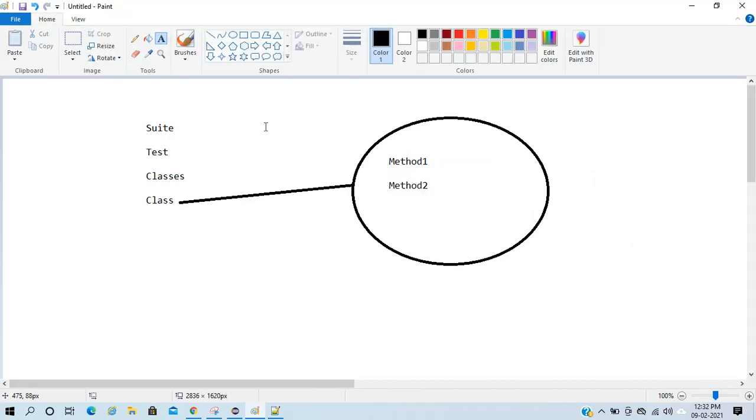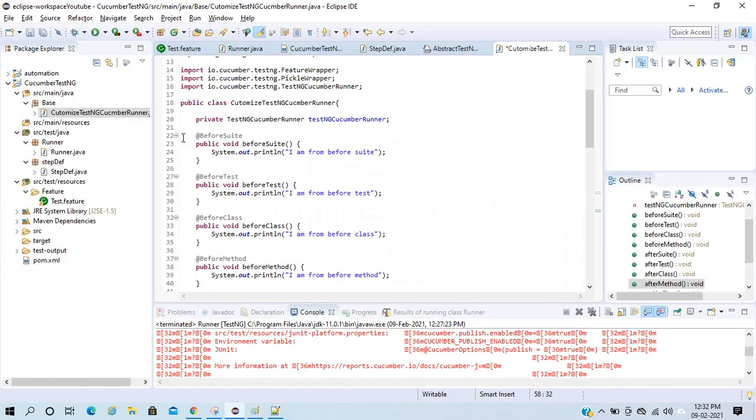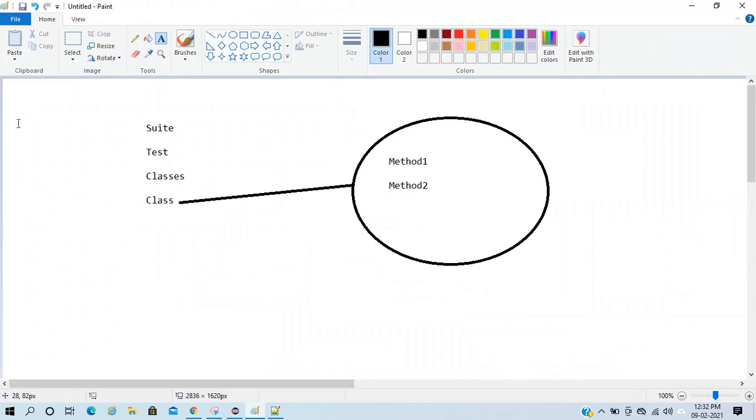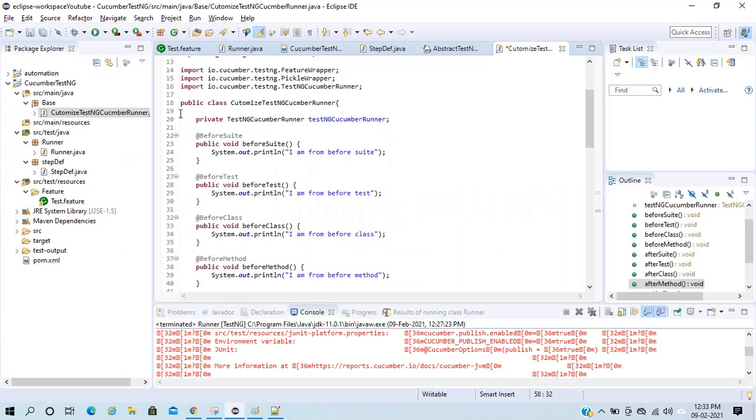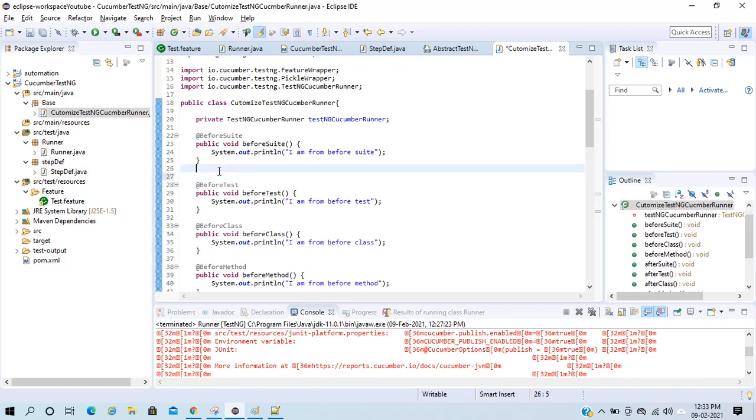So what happened here is, my before, I will write it down here: before suit, before test, before class, then I have before method. Okay, what else we have?